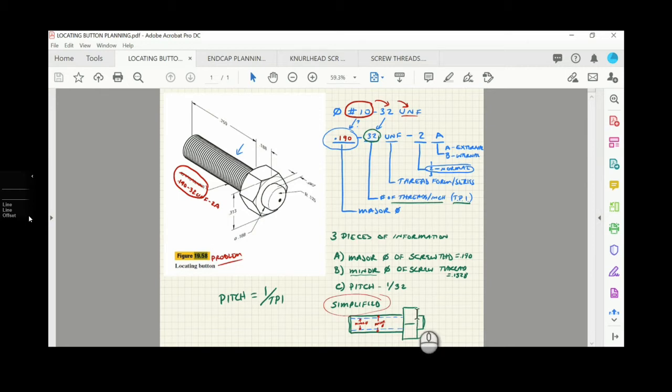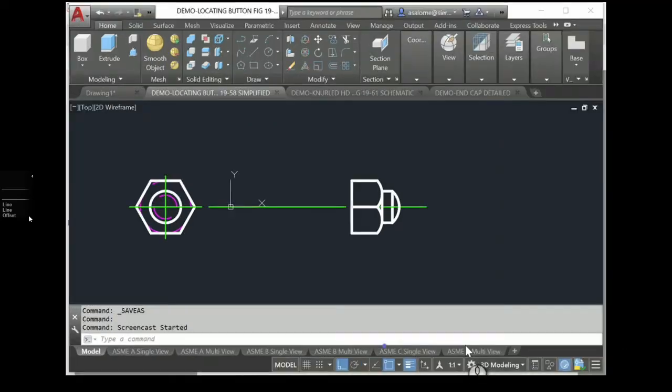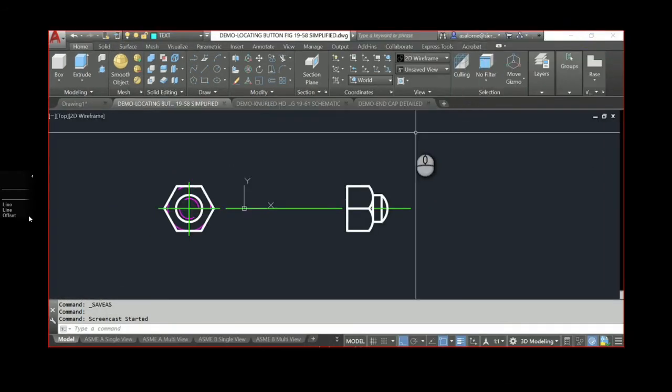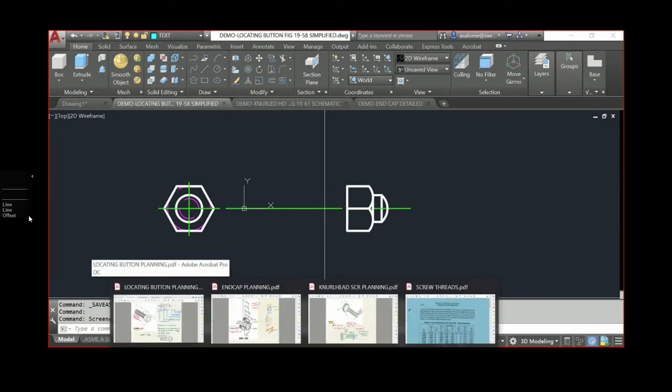And we're going to develop simplified screw threads here. So I'm probably going to do this in 3 videos, one for simplified, one for schematic, and one for detailed. But here's what I'm not going to do. I'm not going to spend time in AutoCAD drawing lines for you. You guys should be pretty good at that by now. So I'm going to kick over to AutoCAD. It won't let me show both apps on the screen at the same time, so I'm going to be working over here in AutoCAD. I have my notes alongside so that I can see them. And we're going to work through the information on this problem together.